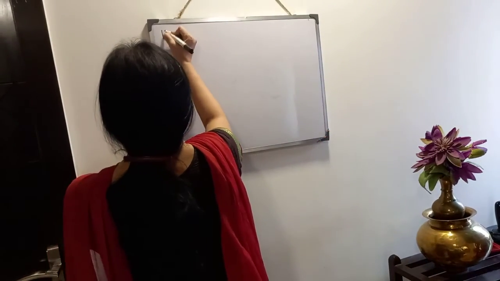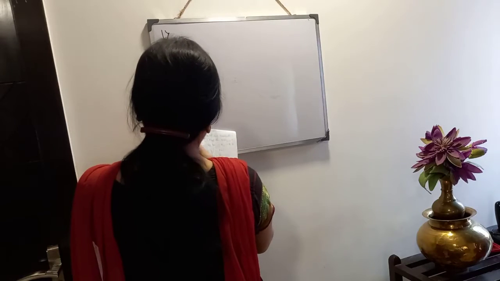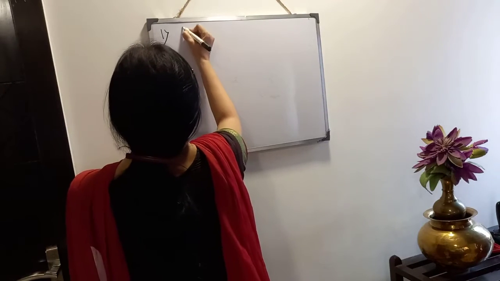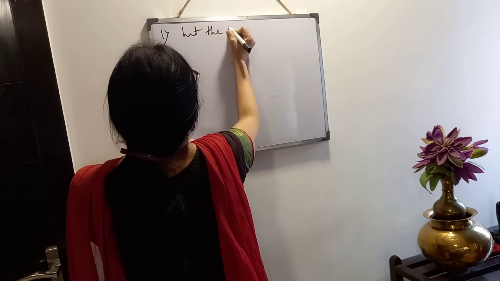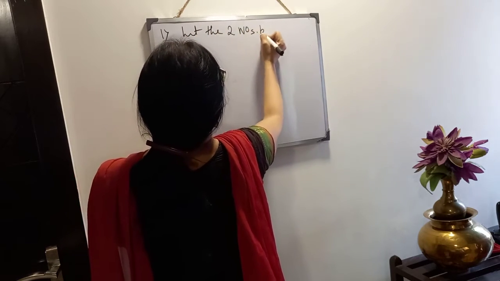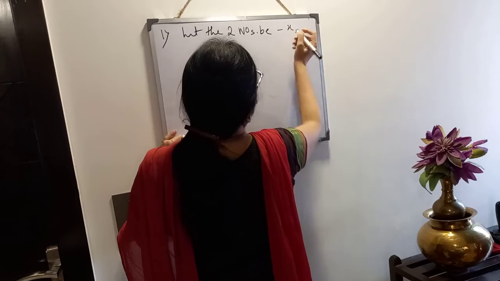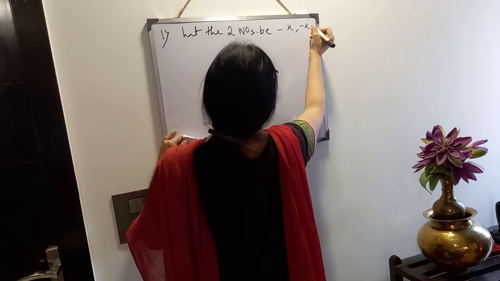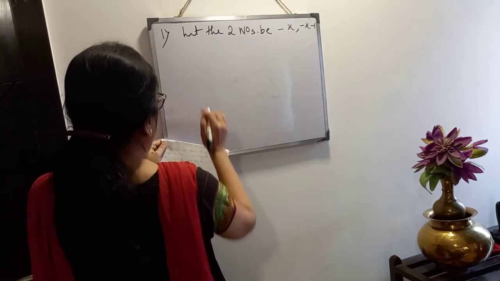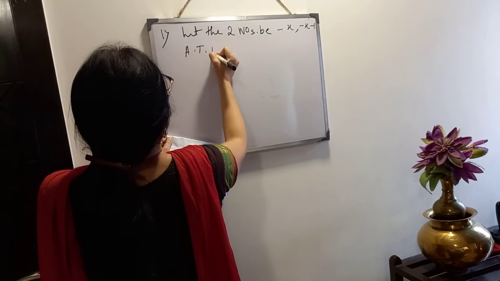Consecutive negative numbers, suppose there are two numbers minus 2, minus 3. These are consecutive negative numbers. Minus 6, minus 7. But minus 4 and minus 7, they are not consecutive negative numbers. Clear? So here we will consider the sum of squares of two consecutive negative numbers. Let the two numbers be, as they are negative, minus x. Suppose it is minus 3, then minus 4. How it will come? Minus x minus 1. Then you have to make the equation, then you will solve.